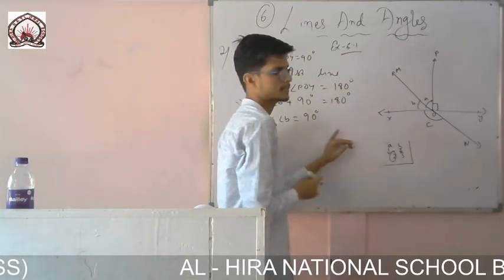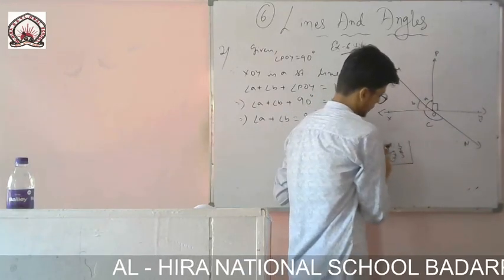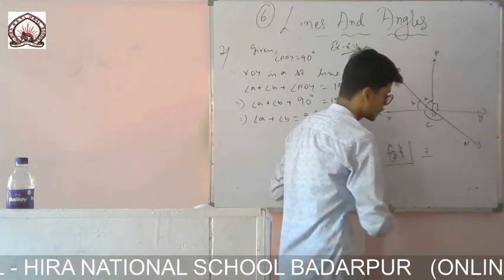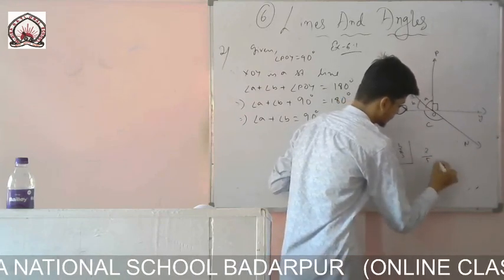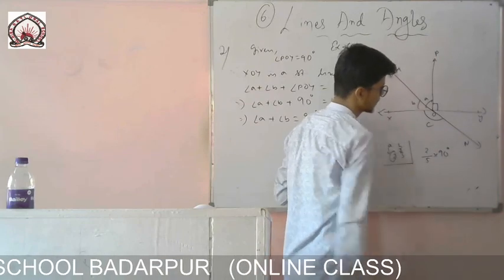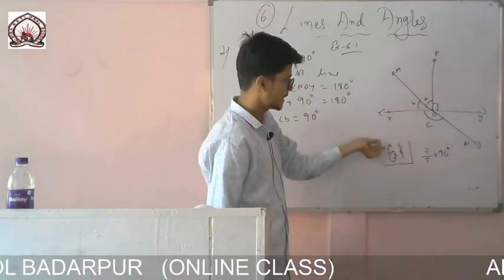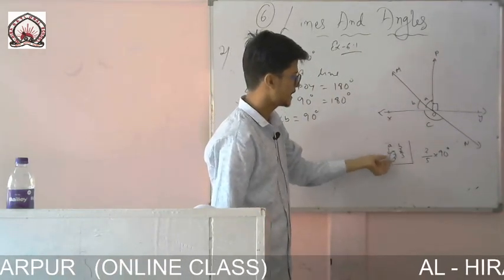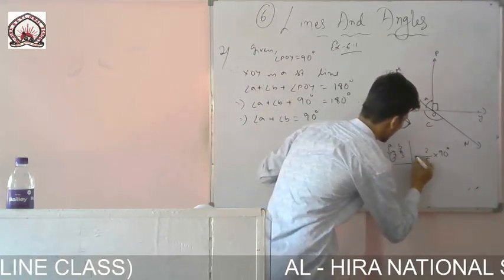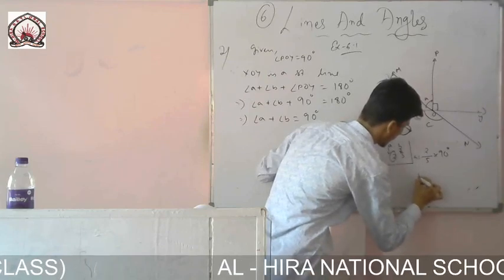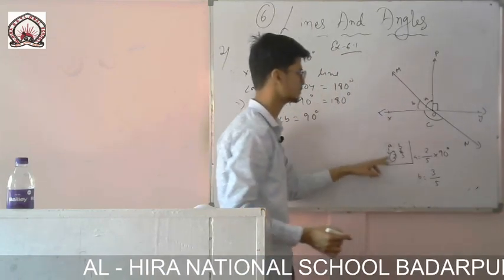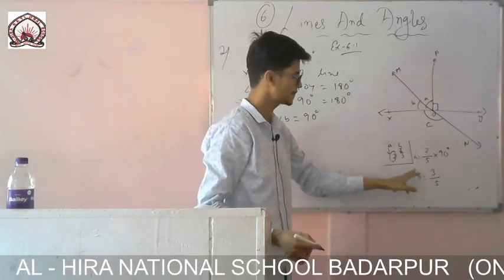So first of all I have to find the sum of the ratio. So the ratio of that particular angle, 2, by the sum of the ratio, 2 plus 3, which is 5, into the whole, what is the measure of that angle? It is 90 degrees. If I have to find for this one, I am finding for A. If I want to find for B, then it will be 3 by the sum of the ratio, that is 5. The sum of the ratio means 2 plus 3.